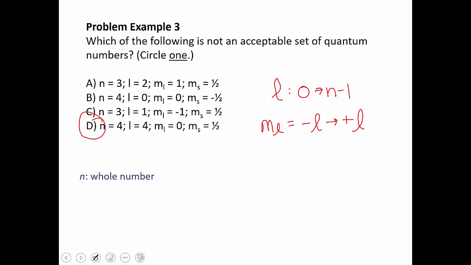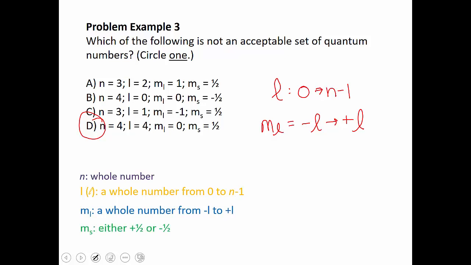Just as a reminder, n has to be a whole number. L can go from 0 to n minus 1. M sub L needs to be from negative L to positive L. And m sub s either needs to be positive 1/2 or negative 1/2. So in our next video, we're going to do an overall summary of quantum numbers and the quantum mechanical model,